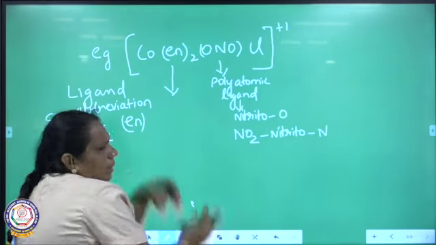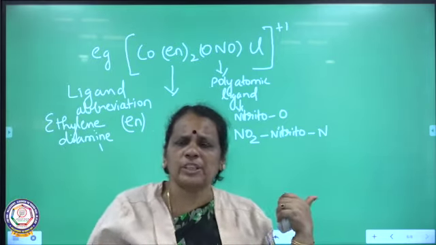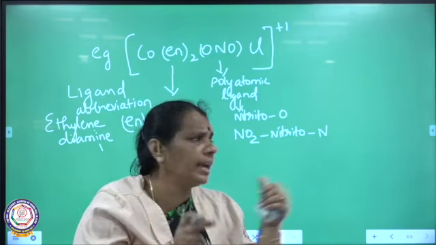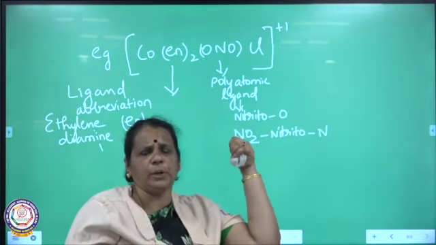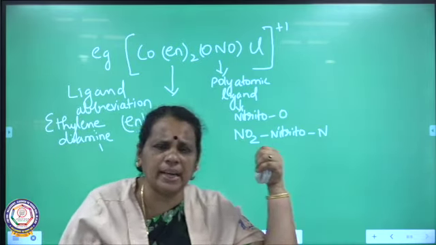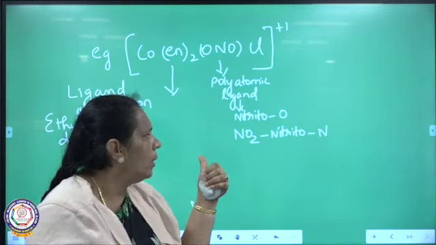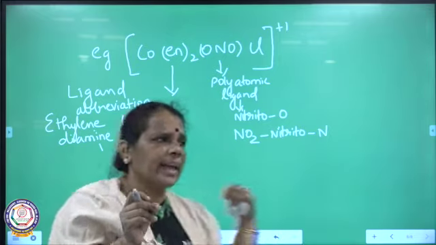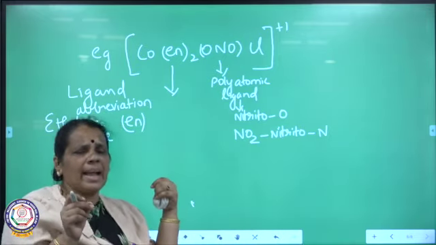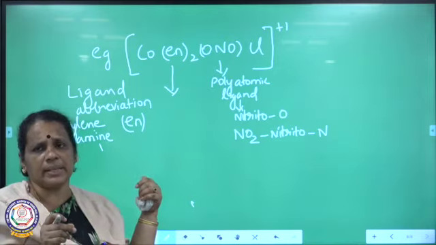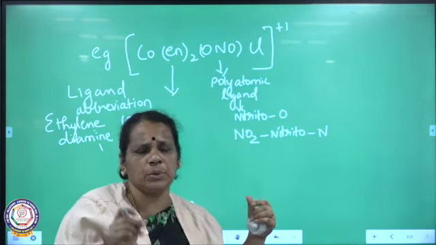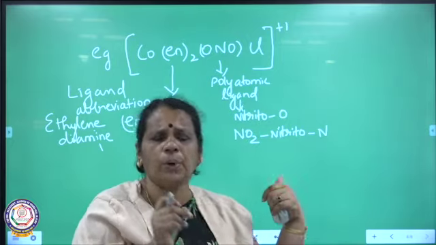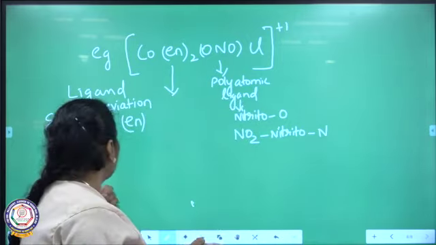Both the points I have explained here. The first point is polyatomic ligands should be indicated in parenthesis. Here the polyatomic ligand is ONO, nitrito, where oxygen is donating the electron pair towards the central metal ion. This is one polyatomic ligand I have indicated in parenthesis. The next point we have seen is that ligand abbreviations can be indicated in parenthesis. For ethylenediamine, I am using the short form, abbreviated as en. That is also included in the parenthesis. So this is the next rule.